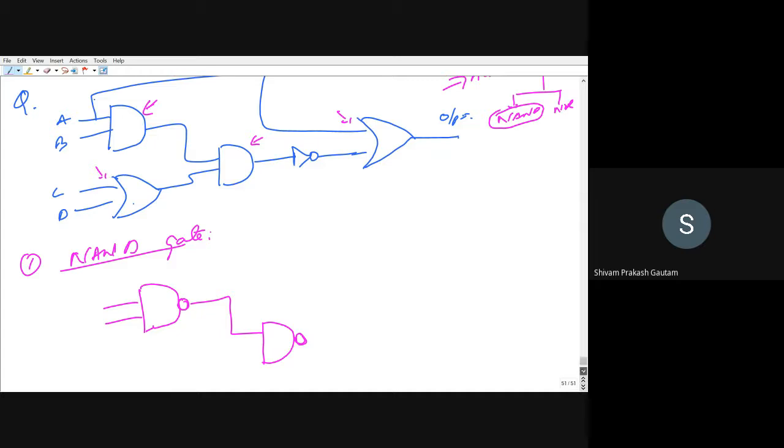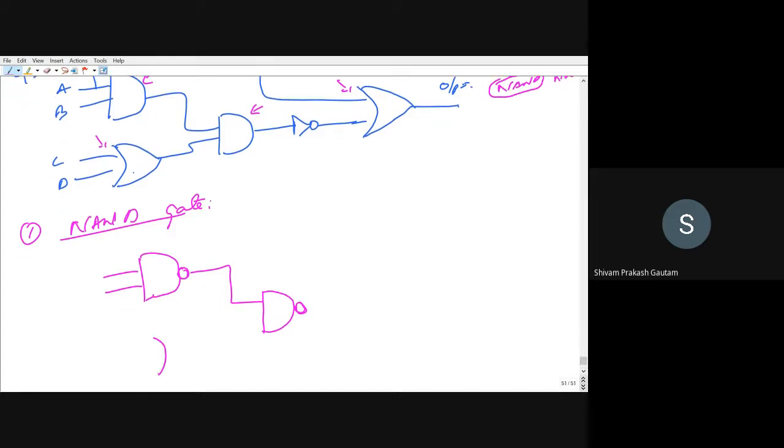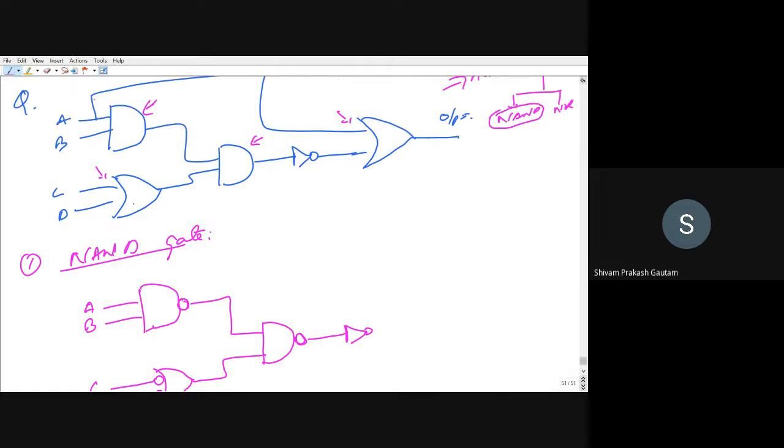Now the input of the OR gate. This is an OR gate, so a bubble has to be provided to the input of the OR gate. You can see I have provided bubbles at C and D. This is A and B, right? And this is flowing through the inverter, and this inverter will remain as it is. We have to do nothing.